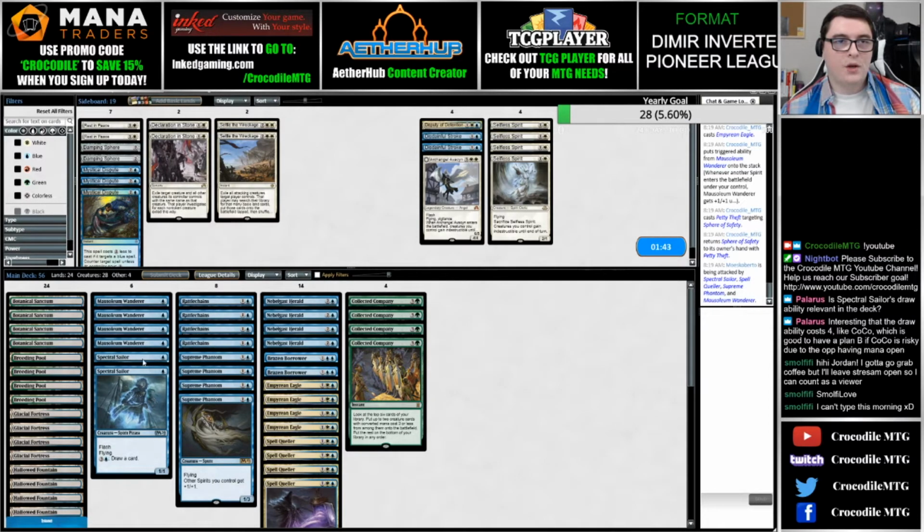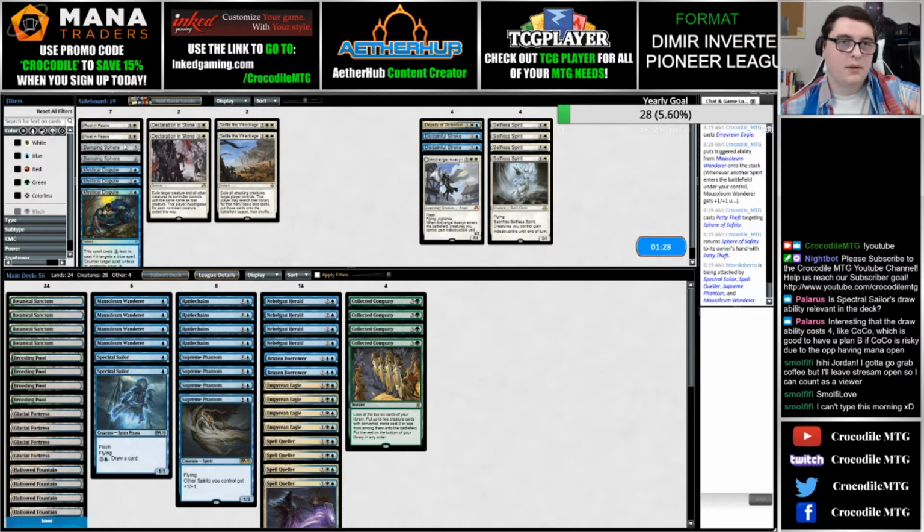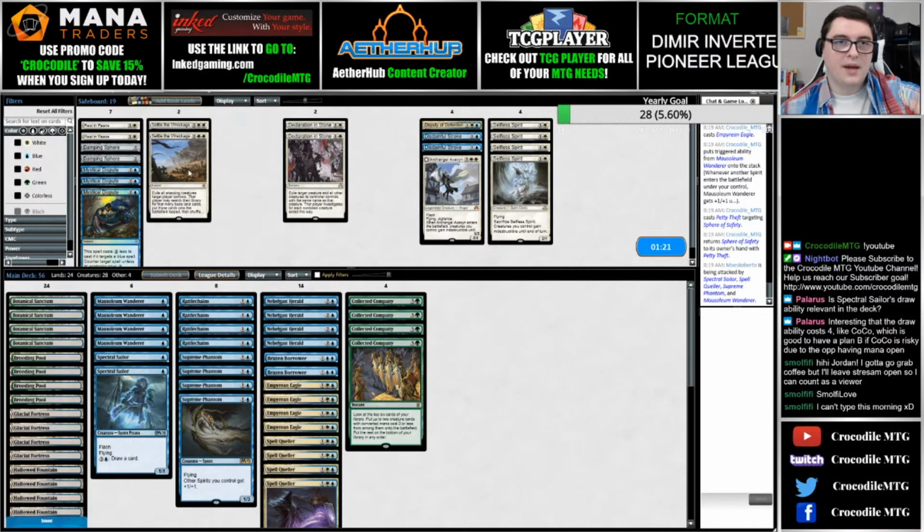So I don't mind the Spectral Sailors here being low to the ground. They were playing the. I think that would just be odd though. I was going to say they were playing the enchantment that pumps their mana. So I could see bringing in maybe a Dampening Sphere, but I don't think it's worth it in the long run. I could see maybe a Declaration Stone